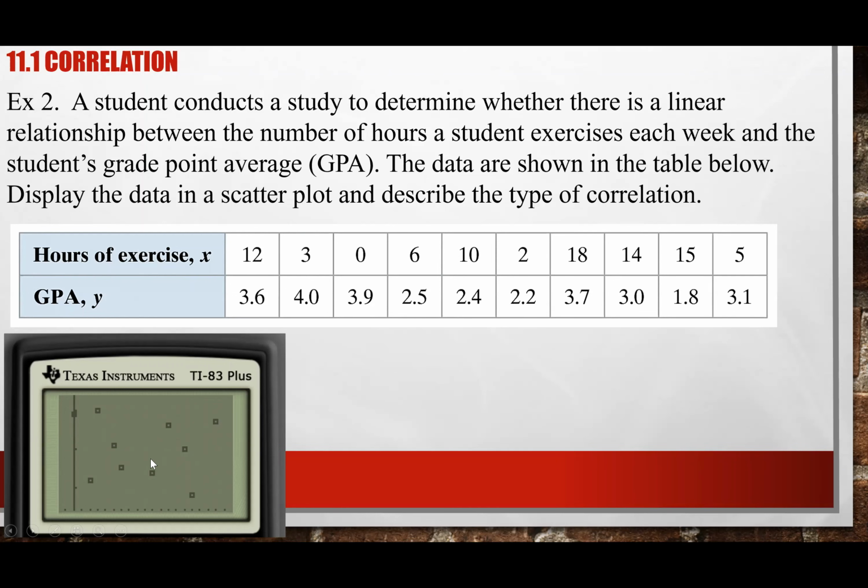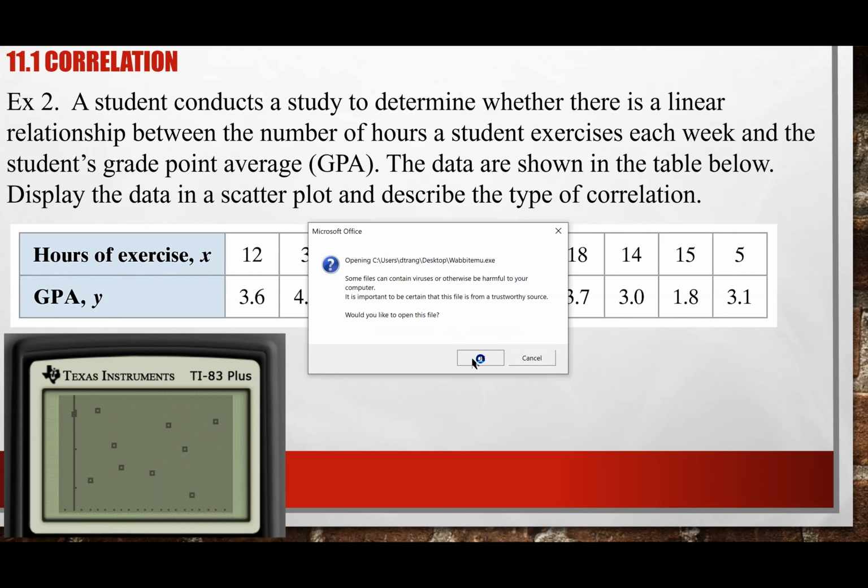It's very scattered out. We don't have any relationship in terms of positive or negative, right? They all just scattered throughout. Okay, so once you have this, if you have your calculator, and if they ask you for the